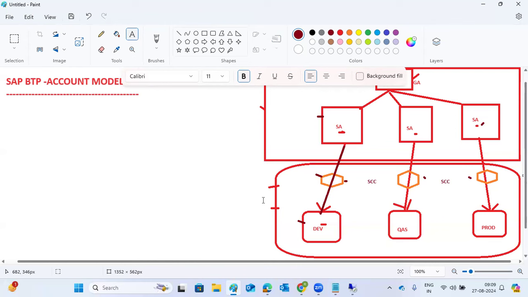This is what the account structure looks like, right? Everything is part of the hierarchy. The first level of the hierarchy is the global account. So what is the global account here? In the account structure here,